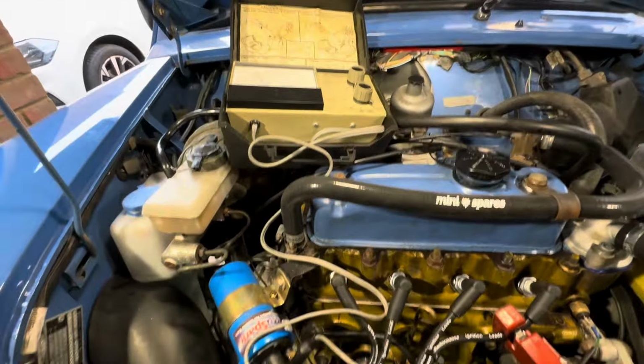So we got this one all finished. Just to sum up what we did: bypassed the ballast wire, so we've got a 1.5 ohm coil running with the variable dwell dizzy. The timing curve inside that distributor is very good, so it seems to be working okay. And then we got to the carburettor, which was worn, so we had to put a new needle valve in the carb, which I've done. The oil in the dashpot was pretty good, and the needle was too lean, so it was actually not bad at part throttle, but it was much too lean at the top end. So I changed the needle for an AAE, and then I had to adjust it at 2,000 to 3,000 revs to make it a bit richer. But the end result is